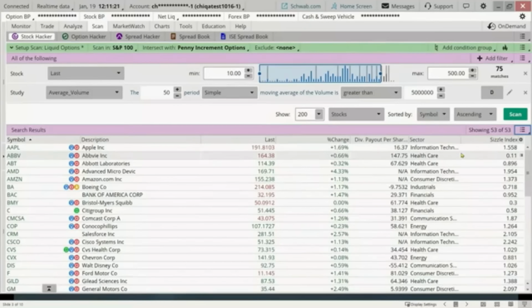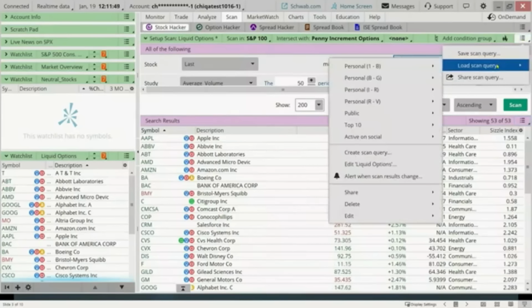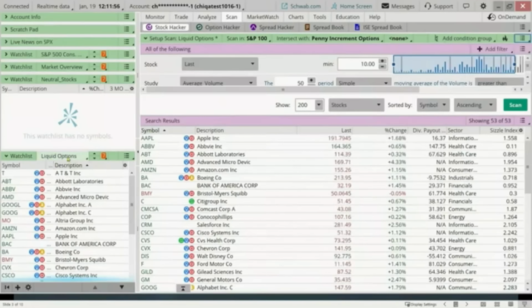And if you're doing things that are more, say, technical analysis based, that is more looking at charts initially, then what I can do is I can take this list, I can bring it up as a watch list on the left. Remember, once I save it, and to save the scan, you just click right over here in this little 3-line menu on the upper right. Okay, I'm going to save scan query, save it to whatever you want. I just labeled it mine liquid options.